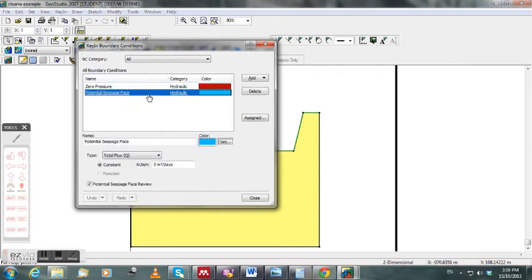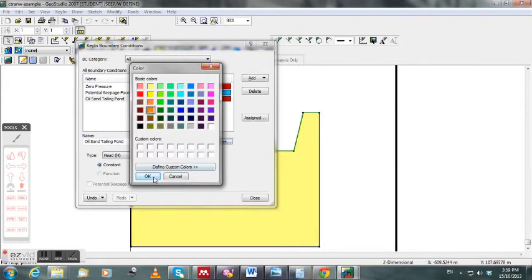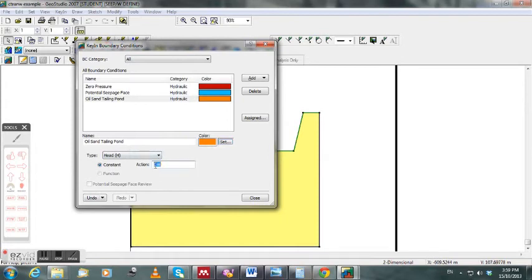As a default we have the seepage face. We have to define the other boundary condition, which is the oil sand tailing pond. In this part we are changing the color, and you can change it or not. And the action, which is 163 meter, I will explain why I changed it to this number. And for the other boundary, the river, we have to define the other boundary, which is 115 meter,